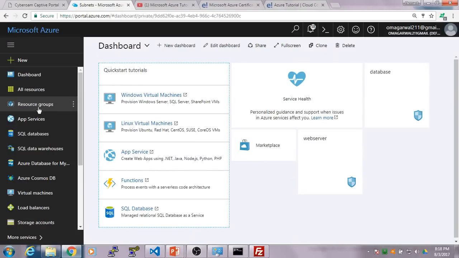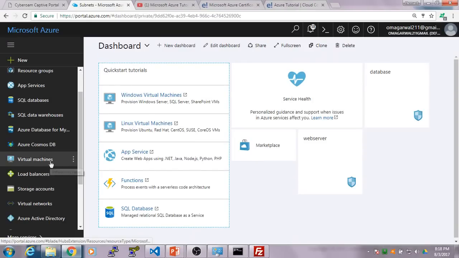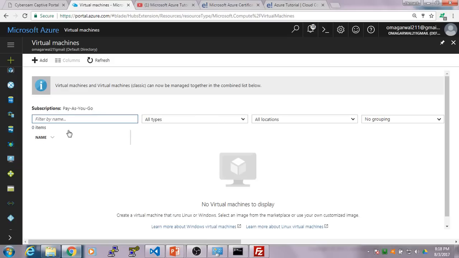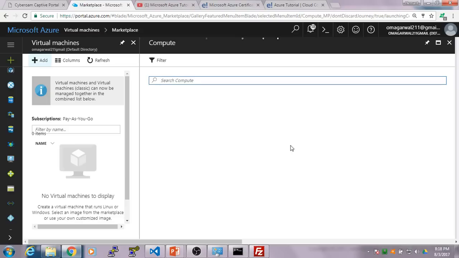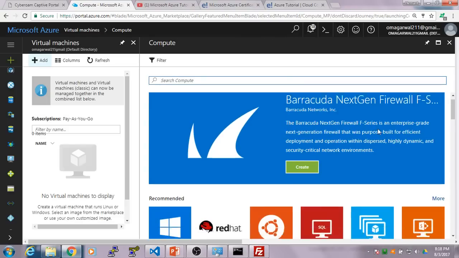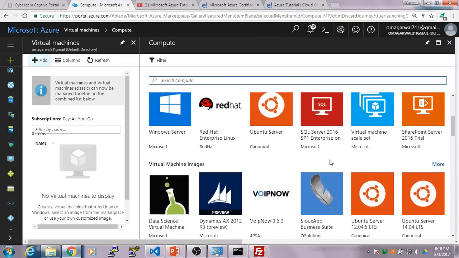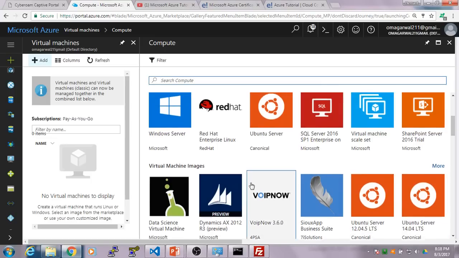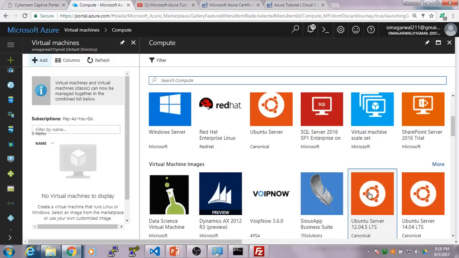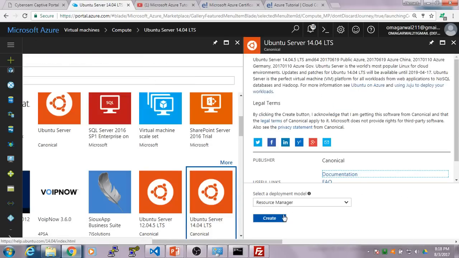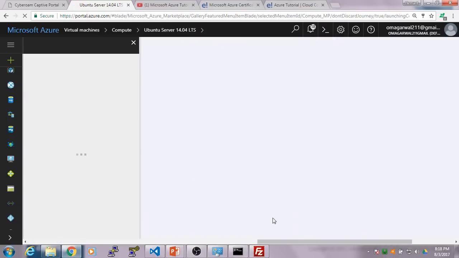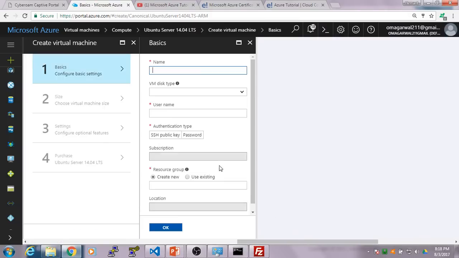We will go to our pane, go to virtual machines, right? Click on add. And with this, you will get this page wherein you have all the operating systems that you can set in your virtual machine. Now you can set a Ubuntu operating system. You can also configure a Windows server, but we'll be dealing with Ubuntu today, right? So I'll select Ubuntu. I'll click on create,